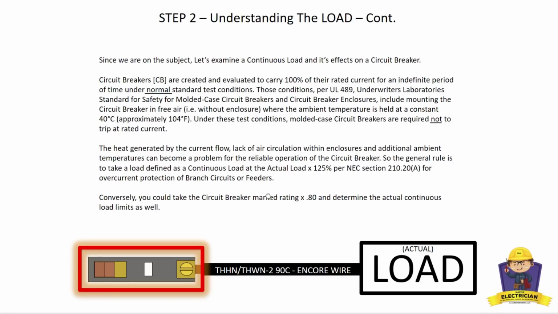That's a little ahead, so we don't want to talk about that yet. Now, if you already knew the circuit breaker and you wanted to know what the maximum continuous load could be on that circuit breaker, just a standard circuit breaker, then I could take whatever the rating is of that circuit breaker, say the 20 amp breaker, and multiply that by 80%, and that's going to tell you that it can't be more than 16 amperes of continuous load. Okay, so that's the way you do it